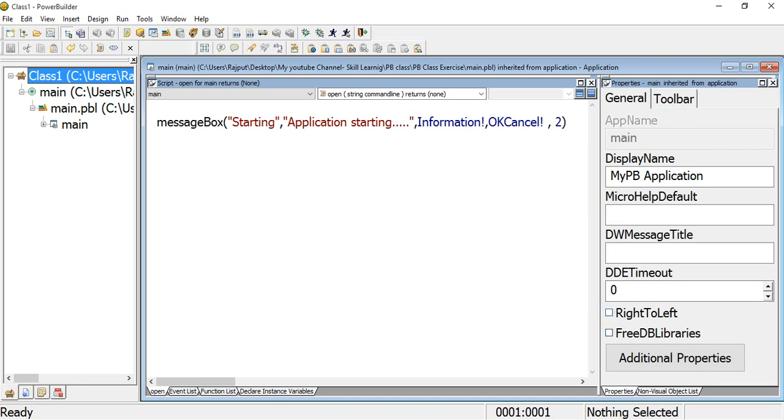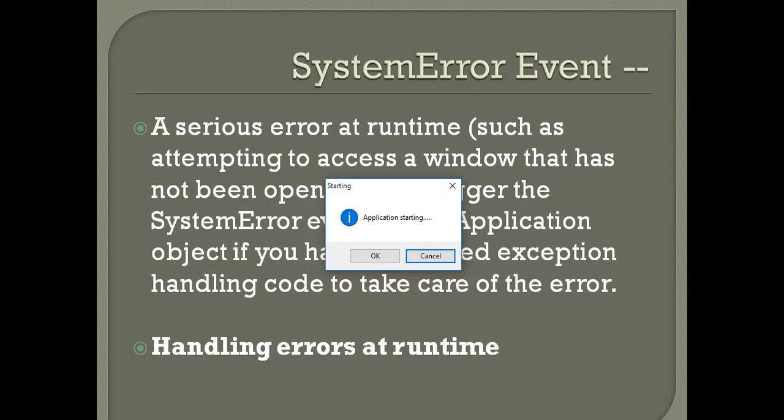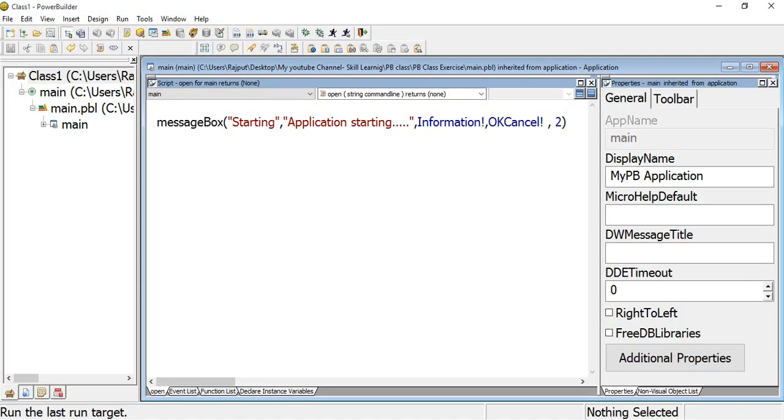Right to left, I will show you this property. Everything starts from left to right by default. This is the close event first, but the open event is fired, then after that the close event is fired, because I am going to close.